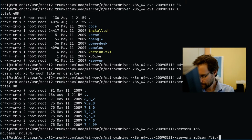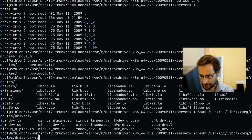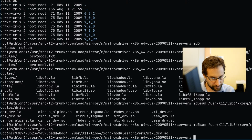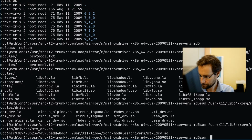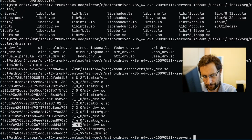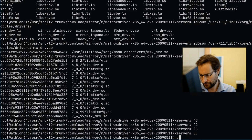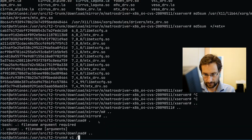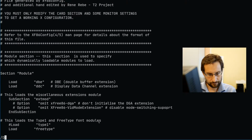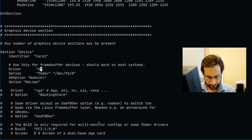Let's see, lib, not lib, user x11, lib64, Xorg drivers, amazing paths, right? Are not modules, drivers, MTX, so that is that one, 8BC. Um, 8BC, this is 740 apparently. Interesting. As this is a 740 driver 8BC, I wonder what happens if we, so much example garbage in here. Of course, this will not work without the